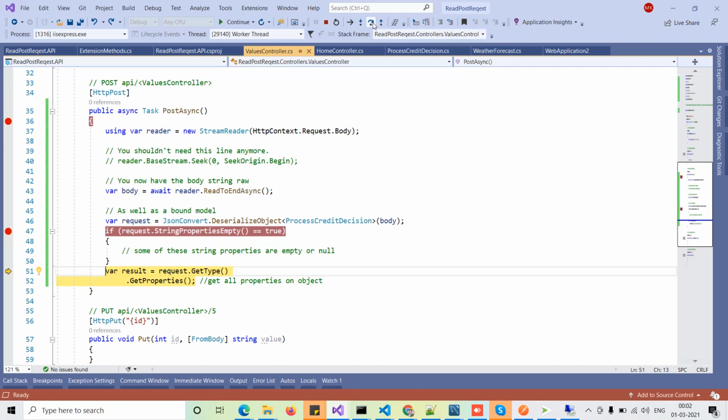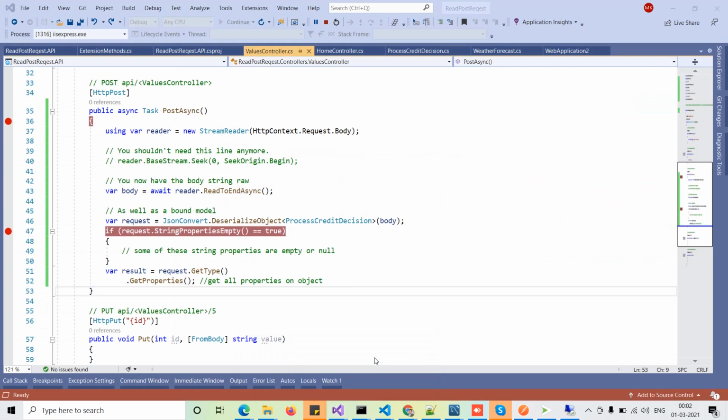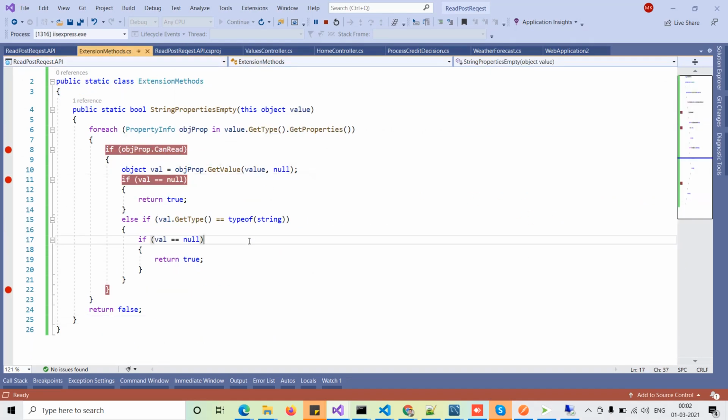If you got anything, you can check there. You can check each and everything with this extension method here. In this extension method, all the properties will be here. If you find anything, then you can check here as well. This is very useful when you want to validate your incoming properties or incoming data from a post request, and you want to validate if any of the properties is null. That is a very good way to validate.